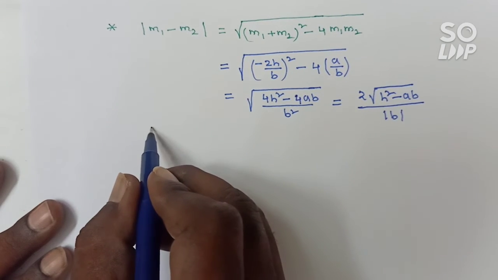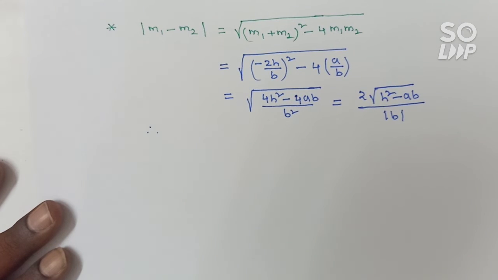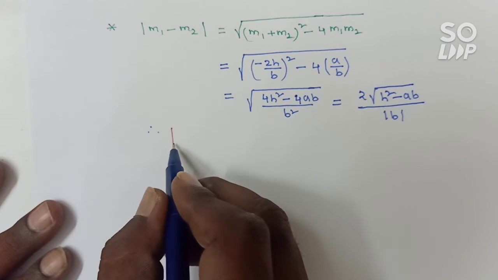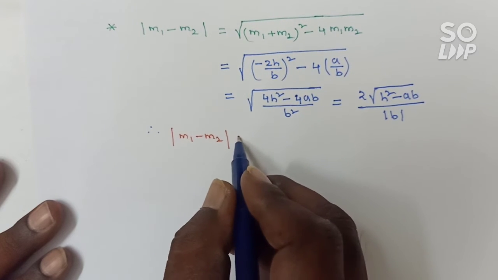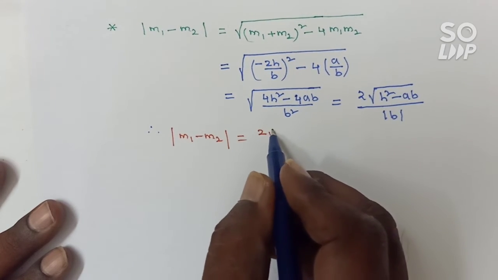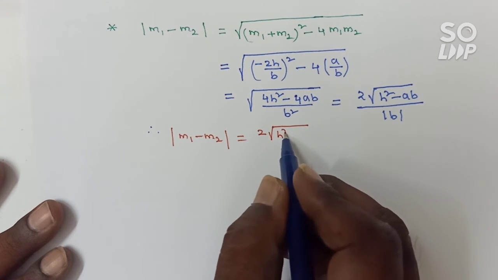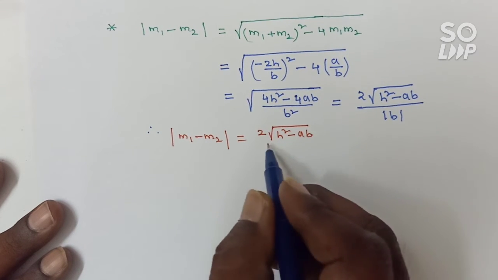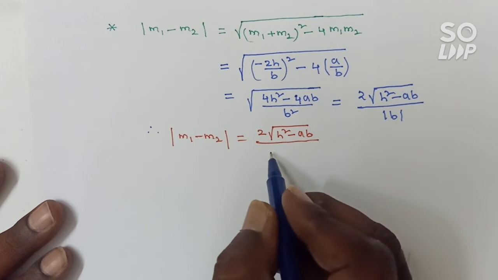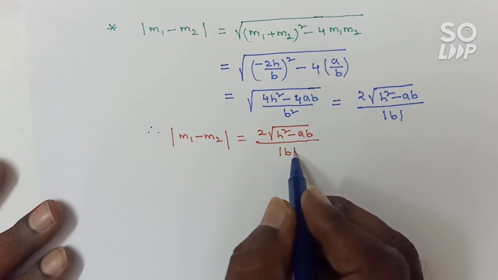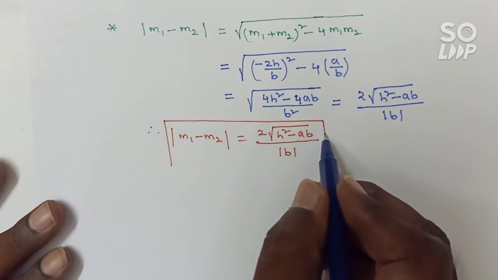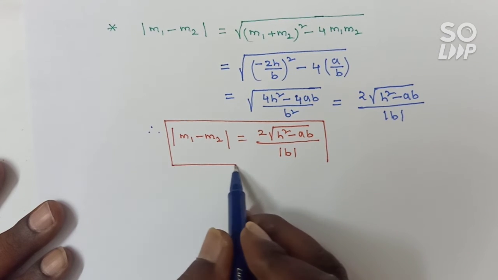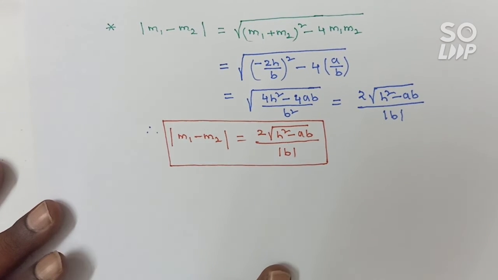So therefore, the difference of the slopes, modulus of m1 minus m2, is equal to 2 into square root of h square minus ab, whole divided by modulus of b. So this is one of the most important results. Please all of you remember this formula. Say the next result